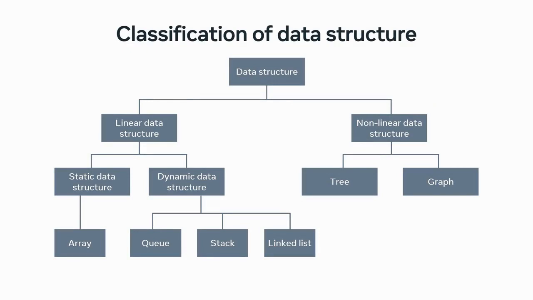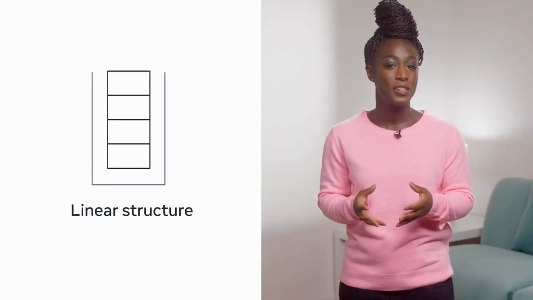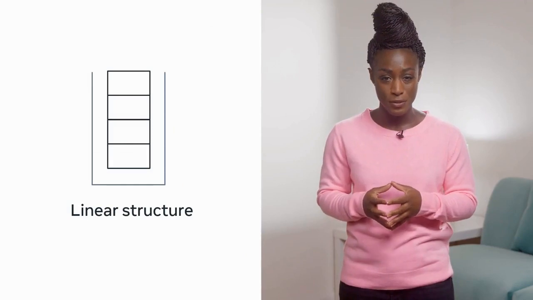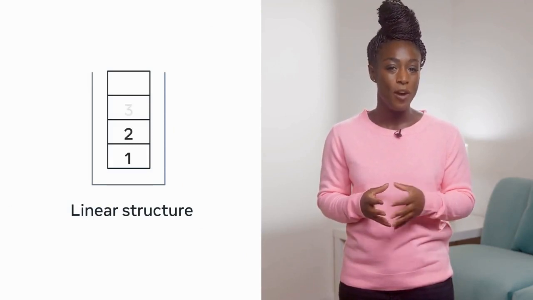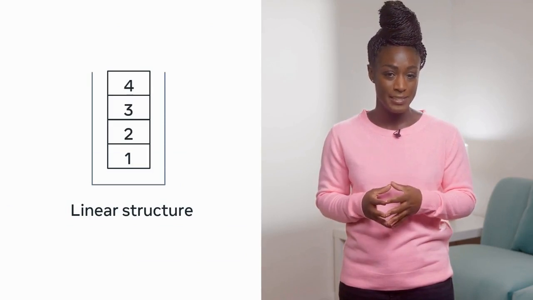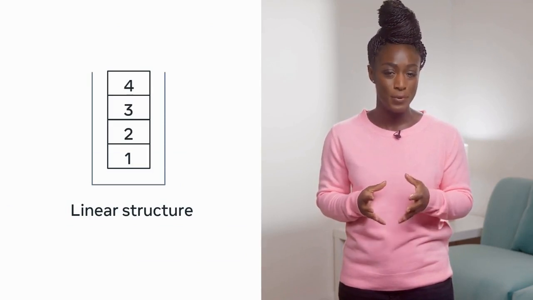This relates to how the elements are stored within the data structure. A linear structure relates to how the information is stored. The elements of the structure are arranged one after another or sequentially, reflecting the order that they were inputted. Examples of linear structures are arrays, queues, stacks, and lists,